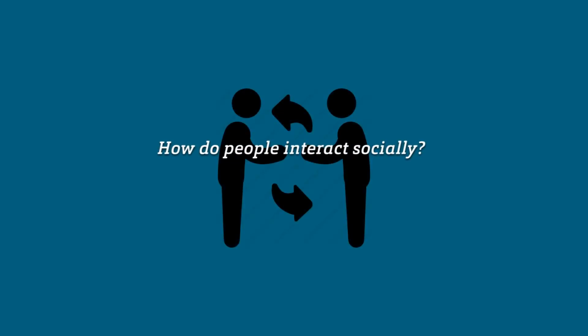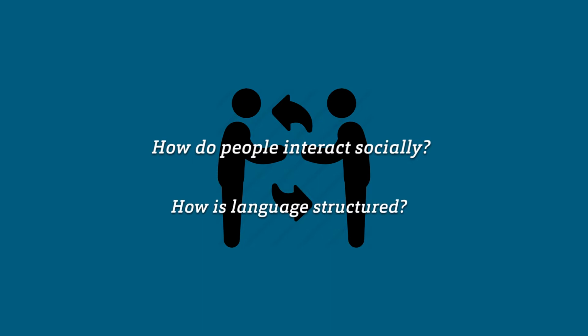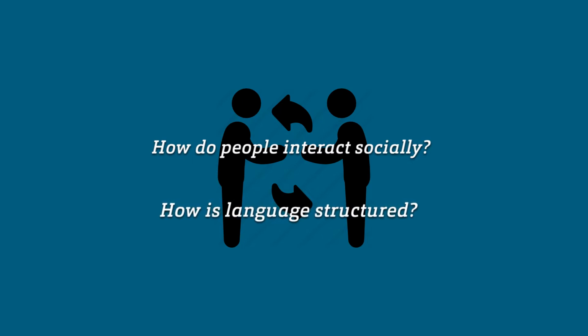Linguistics is actually the scientific study of language, which means that linguists look at language differently from how people in literature or in writing look at language. We privilege spoken language over writing, and we look at the ways that people interact with one another in different kinds of social situations. We look at how language is structured, from its really basic elements like the sounds of language all the way to the way that the language is used, through words and phrases and clauses and structure. And what linguists are really interested in is how language works in interaction, and how we negotiate our identities and how we define who we are through our language.